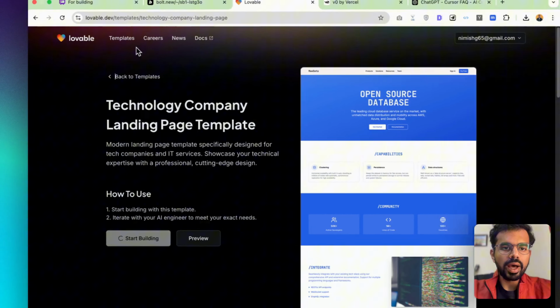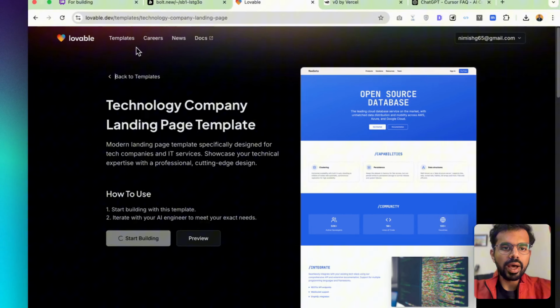So Lovable.dev is good for creating UI. It also comes with templates. And it also has a native GitHub integration. That means that when you are creating an app within Lovable, you can directly push it to GitHub. And from GitHub, you can just share the repository directly, or you can publish it on Vercel or any other app that you want to. So that just makes it very easy to use across multiple platforms.